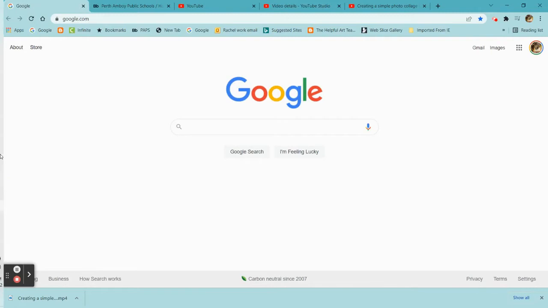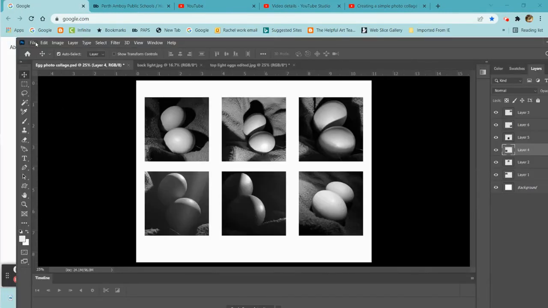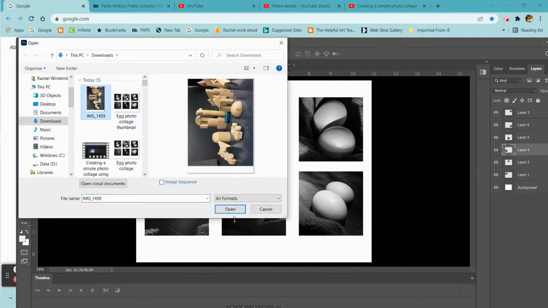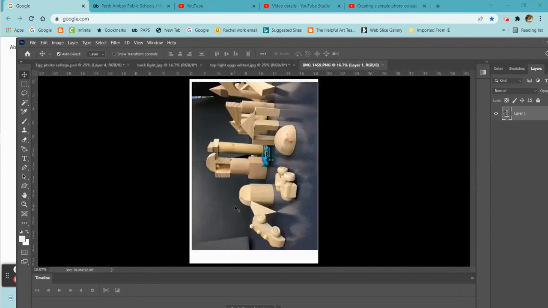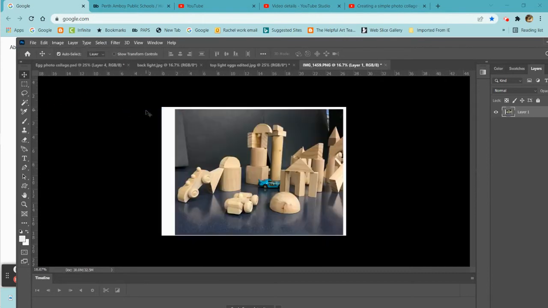All right, so I'm going to go to Photoshop. And I'm going to do File Open, and I'm opening up this block city photograph that one of my students took. And now I need to rotate it. So I'm going to do Image, Rotation, 90 degrees clockwise. All right, now I have the image rotated 90 degrees clockwise, and now I need to create a